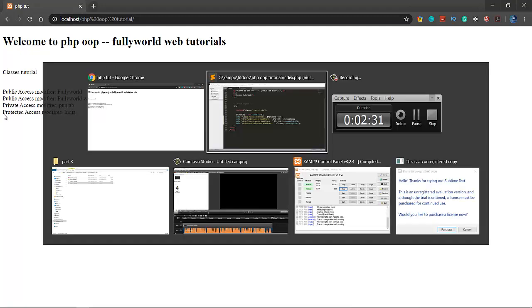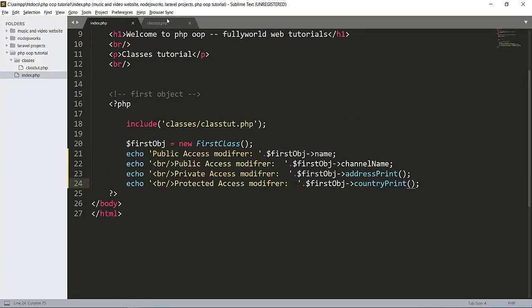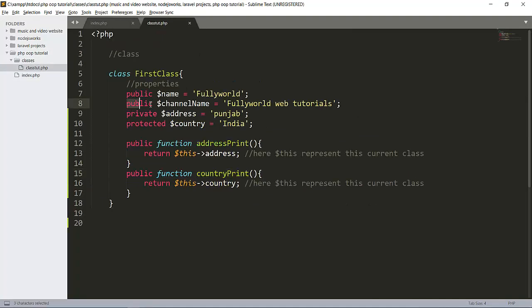So for today, let's recap this again. See that there are three access modifiers: public, private and protected. Public we can access anywhere outside the class, but private we can access only in this class, and protected we can access in another class, but we cannot access it in any public place, like outside of any classes.